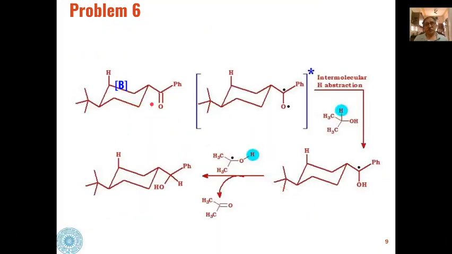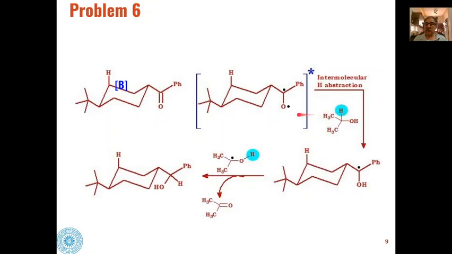So now what happens is, if you see this, now this hydrogen is not in the vicinity of this oxygen. So when the excited ketone is there, then this type of radical has been formed, and this hydrogen is not in the vicinity of this oxygen. So gamma hydrogen abstraction is not preferred. So instead what happens is that because isopropanol is being used as the solvent, hydrogen is abstracted from the solvent. That is intermolecular hydrogen abstraction takes place.